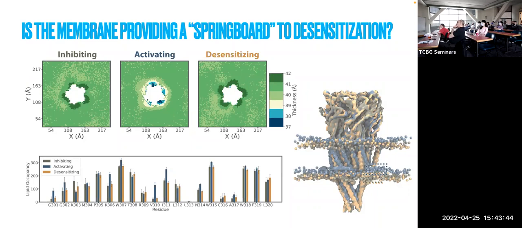And the more we see of this work, we can't know that it's short because this is only a computational result for now. We don't see the lipids in X-ray. But this might very well be some sort of springboard, where we're putting tension in the membrane here. Remember what I said, that you have one narrow state, and it has to be advantageous in the sense that you want to go there, but you do not want to stay there. So this might actually be an effect that the membrane tension here helps make this state somewhat